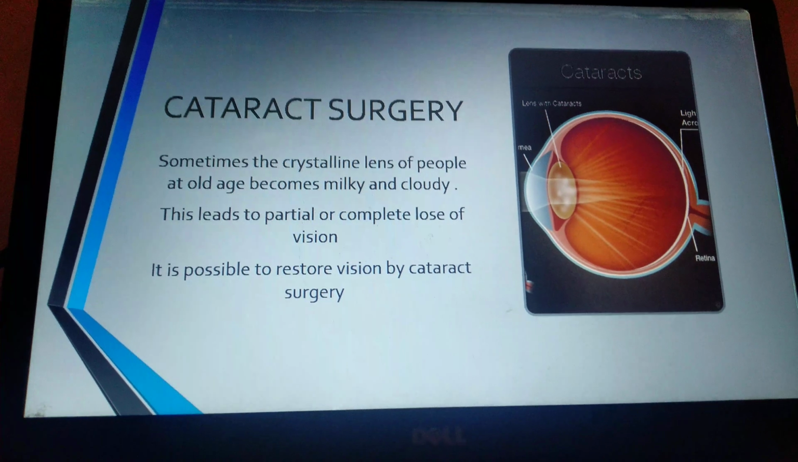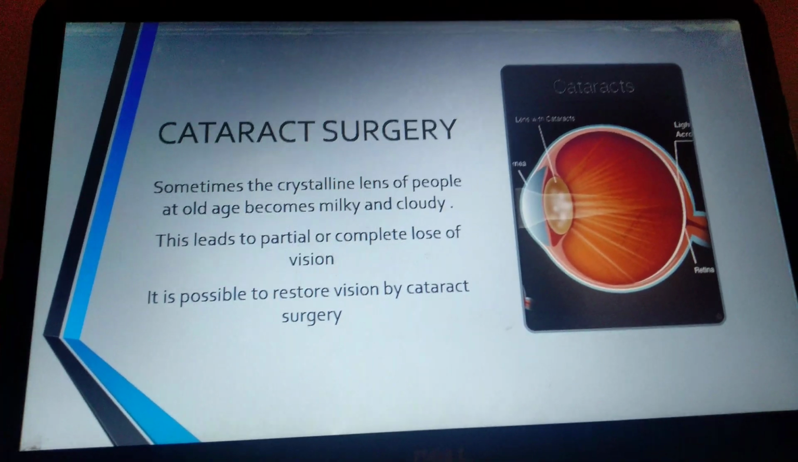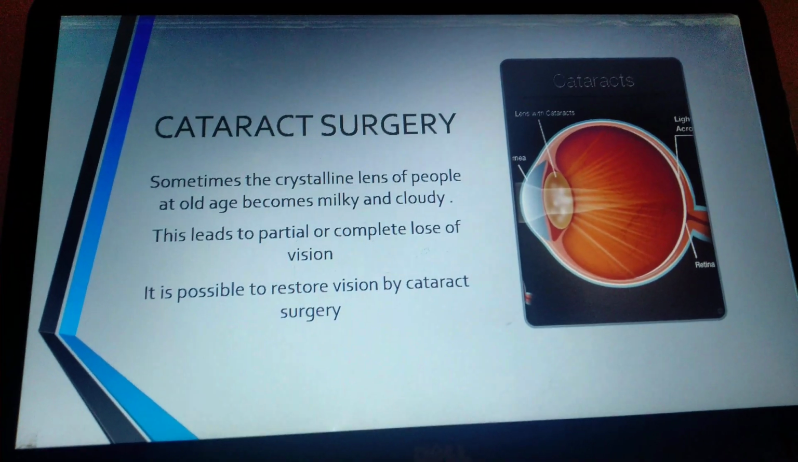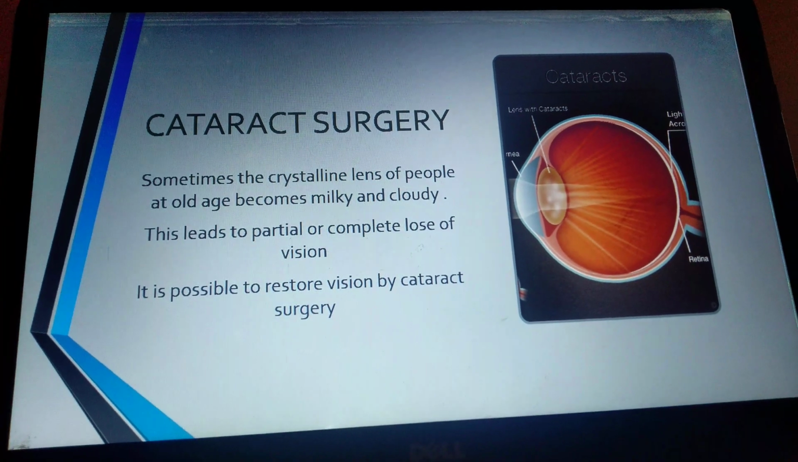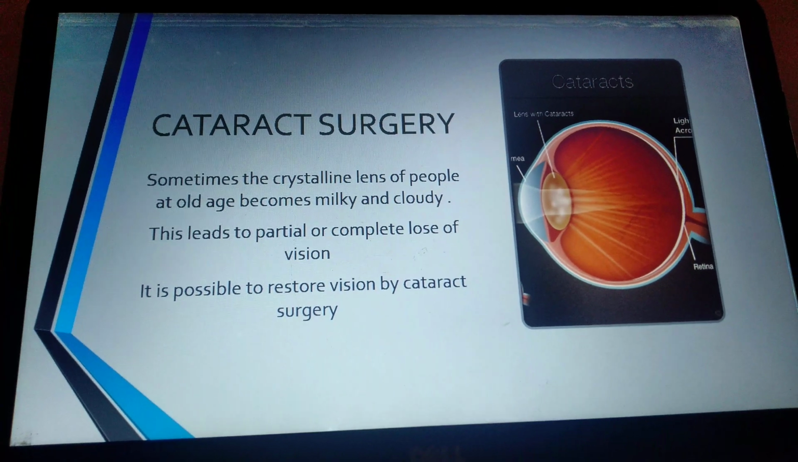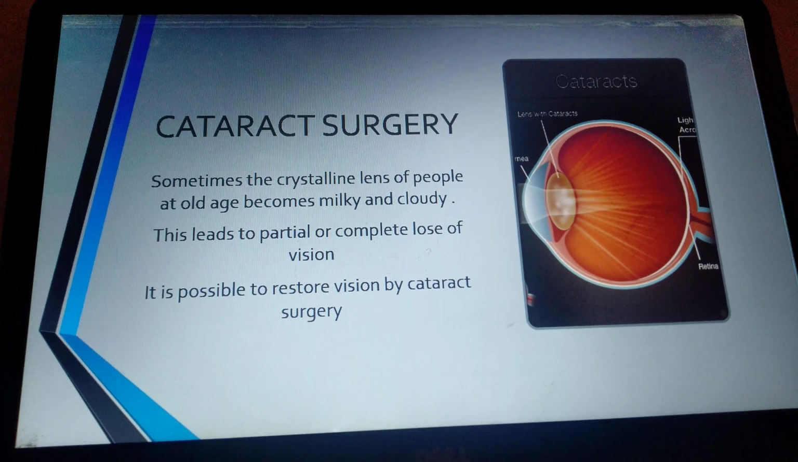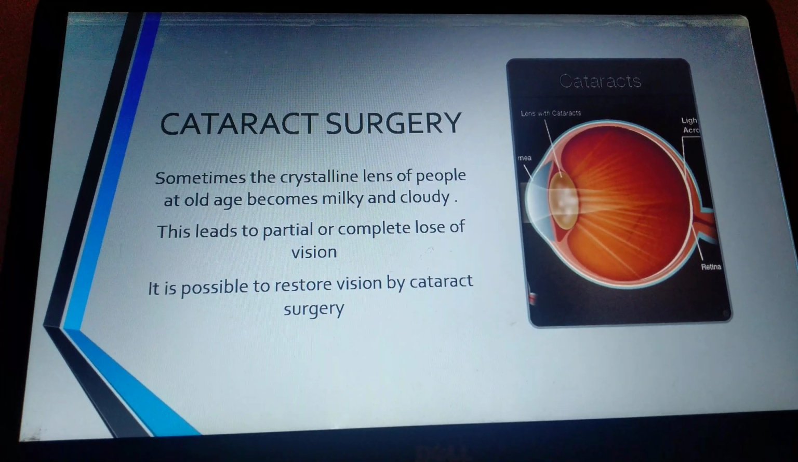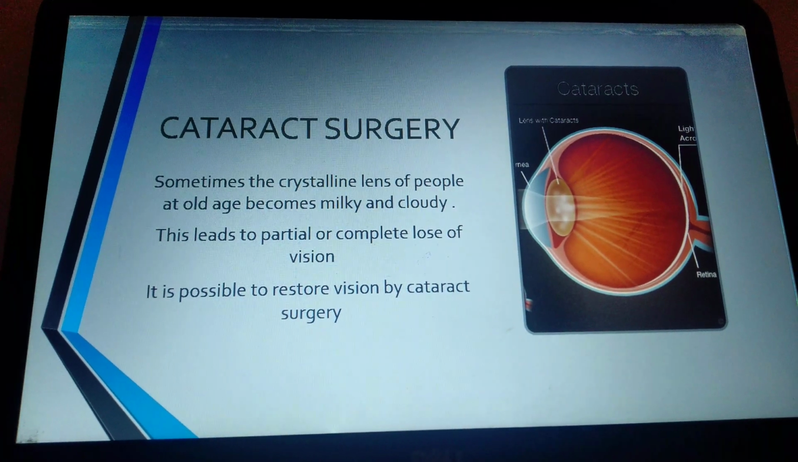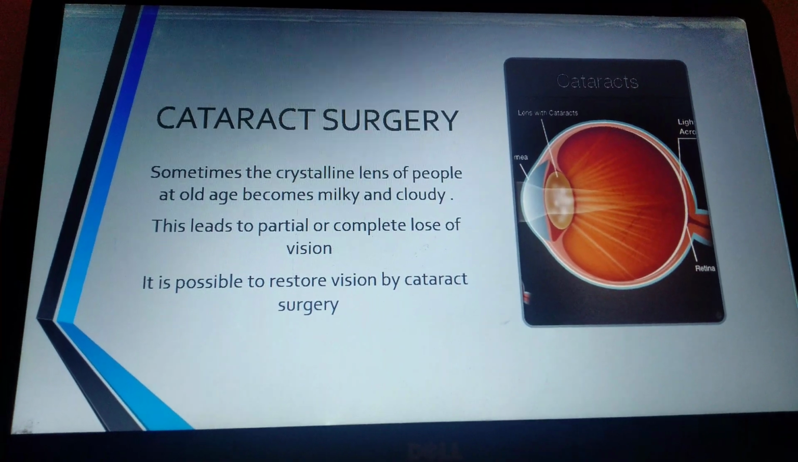And then, this is extra information that I want to give you. It is there in your NCERT, but not explained in detail. This is something about cataract surgery. Sometimes the crystalline lens of people at old age becomes milky and cloudy. Why does this happen? Even our eyes have cells, and they die. When the dead cells get accumulated near the lens, it becomes milky and cloudy because of the accumulation of all the dead cells present. Since it becomes milky and cloudy, this leads to partial